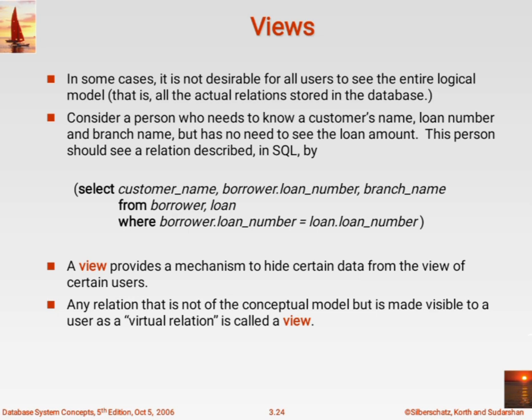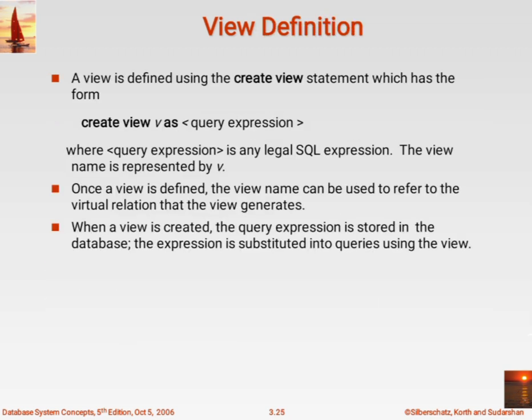That is nothing but the view. The view is also called a virtual relation. Why is it called a virtual relation? Because actually a table is there, but out of that table I am fetching only some part. That's why it is called a view. This is the way to create the view: create view v as, and whatever query we want to apply or whatever attributes we want to fetch, we can fetch them.